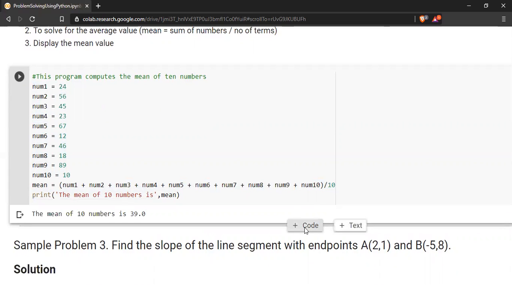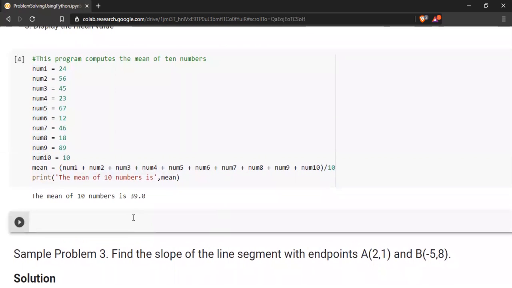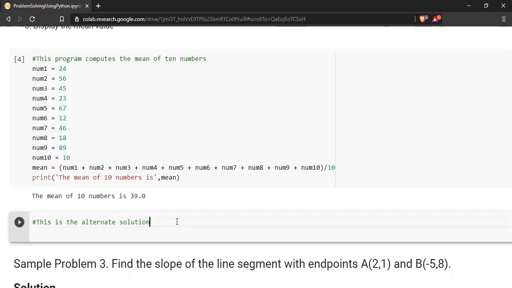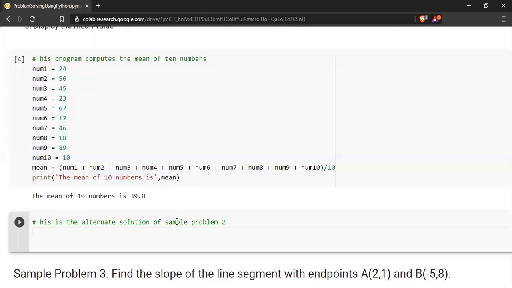I will show you the alternate solution here. This time I will be using sample problem 2, and I will be using a list. Let's say num is equal to a list here. In this case, this is 24, 56,